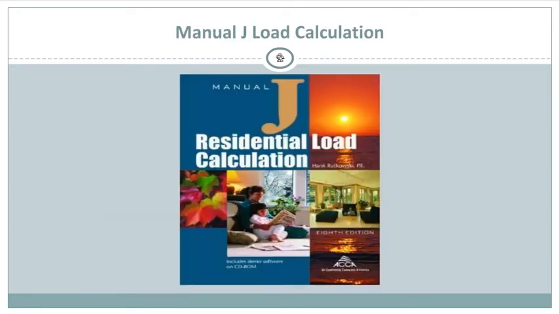The first thing you're going to look at is you want to design the calculation load of how much heat you need to heat that unit, how much cooling systems you're going to need to cool that unit down. The Manual J load calculation, this is a booklet that is given to you most of the time. In most states like Colorado, Wyoming, western states, I'm not sure about back east, but what they'll do is when